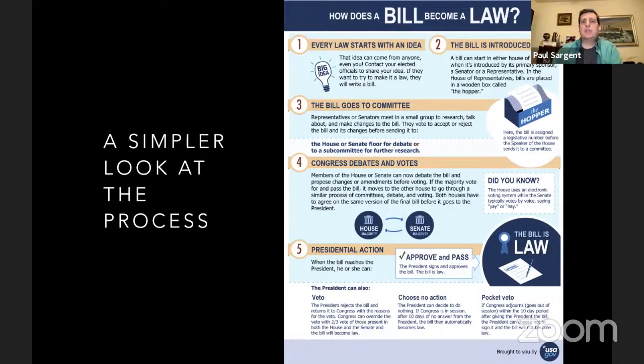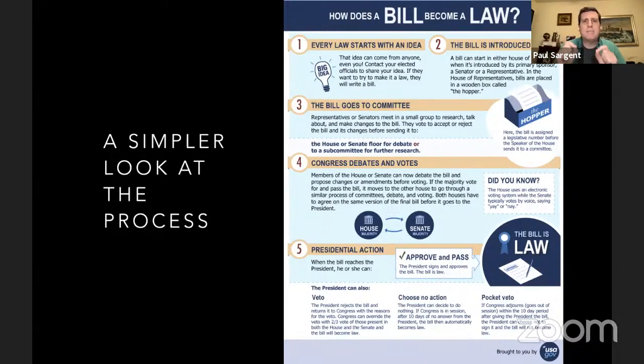Then you have a congressional debate and a vote. Both houses have to approve the same version of the bill in order for it to go to the president. Now, this is important to understand. If the House and the Senate, and this happens very often, both approve slightly different parts, slightly different bills,